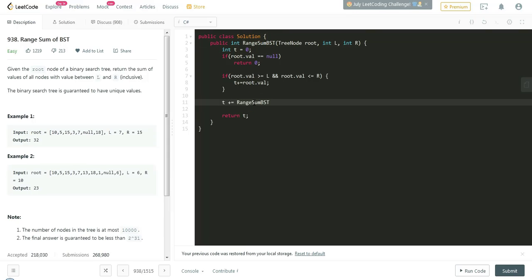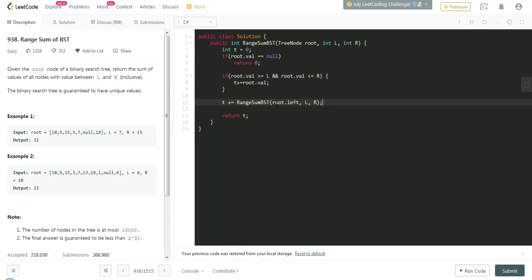Recursion is nothing but calling the same method again and again until it reaches some condition. That condition is until the value reaches the last value in the root. I'm going to pass the value as root dot left, comma L, comma R.